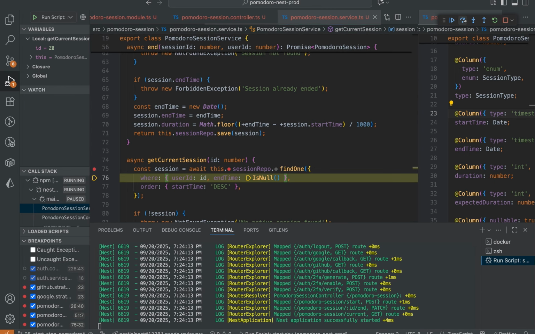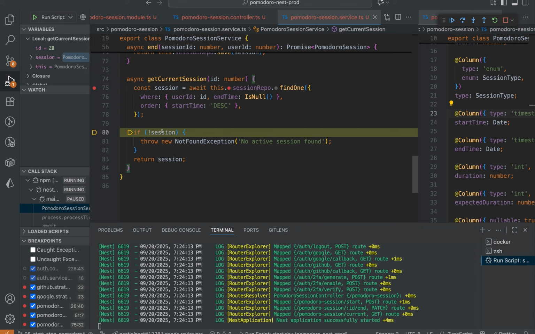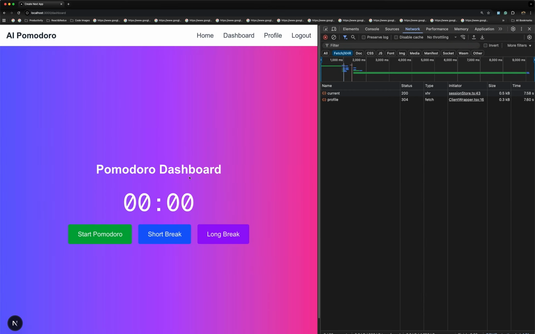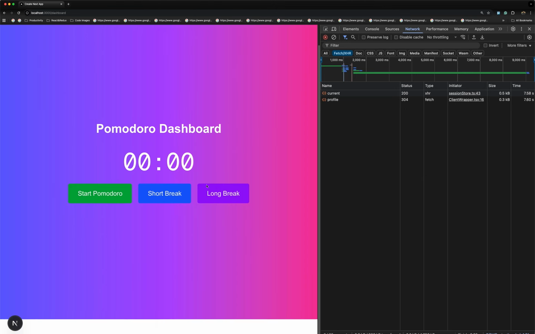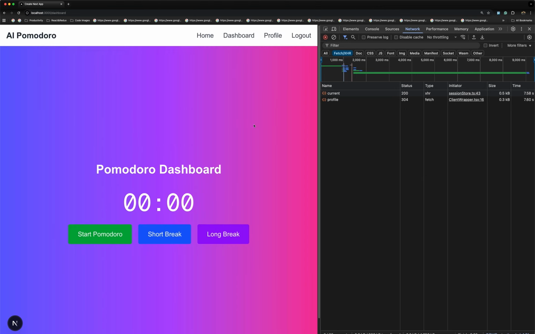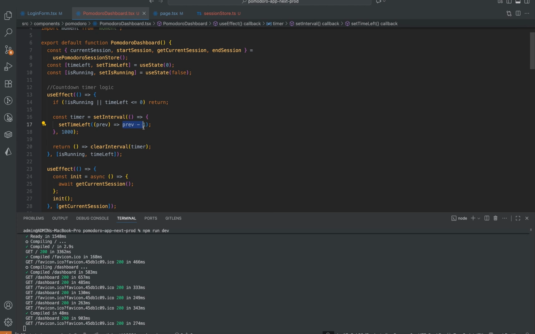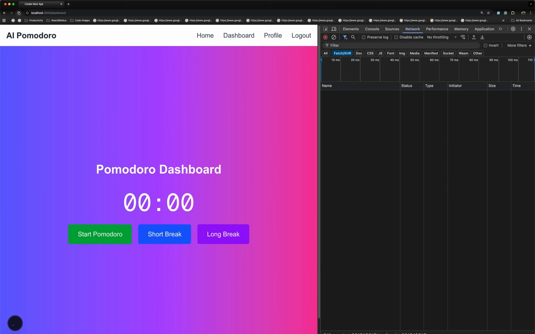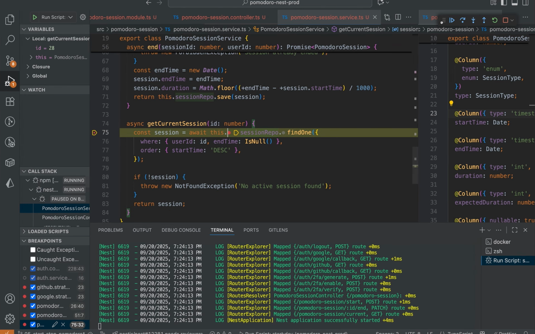It's gonna call the active session. Now it has found the active session, but the timer is not started yet. That is another big issue. I think there is an issue with absolute value. It displays the negative value, so we need to handle that. Math.max previous minus 1, that would be fine. I'm gonna refresh. It's gonna call the get current active session,